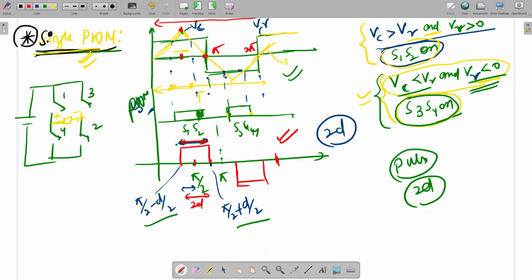Mid value will be pi by 2. So if this is 2D, the starting point will be pi by 2 minus d by 2. I think we have made some mistake here. It will be d or